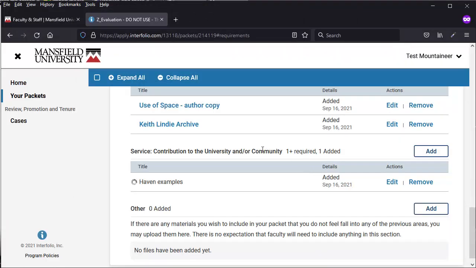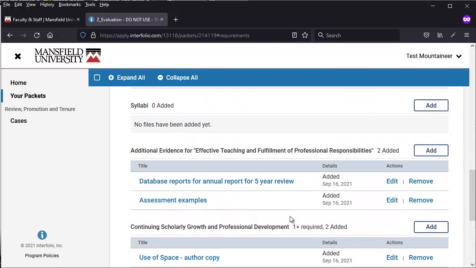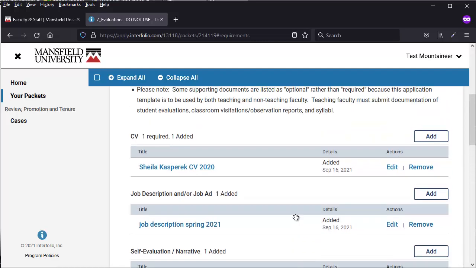One of the things that I haven't shown because I edited them out is the little spinning wheel of uploading. You will see that frequently while you're uploading materials. I just didn't think you wanted to sit through all of these uploads, so I edited them out. But you will see that as the software is loading materials. So now that I have everything in here and I'm happy with it,